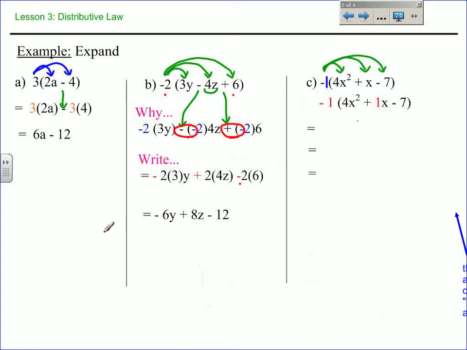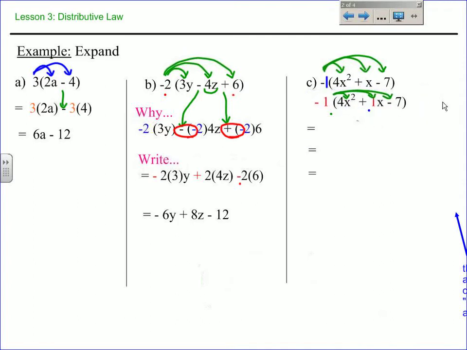Now, in terms of multiplying, I want you to think about the signs separate from the numbers. So take a second to think about just the signs. So negative times positive, your first one's going to be negative. Then if we take a look at the next one, negative times positive is going to give you negative, and for the last one,